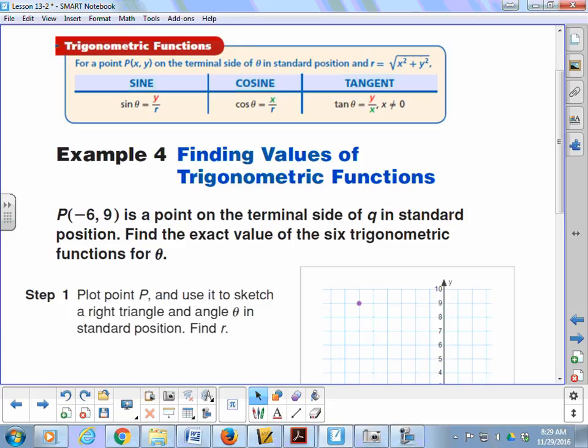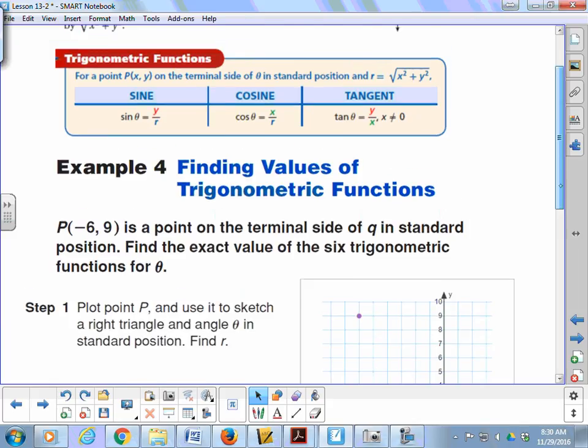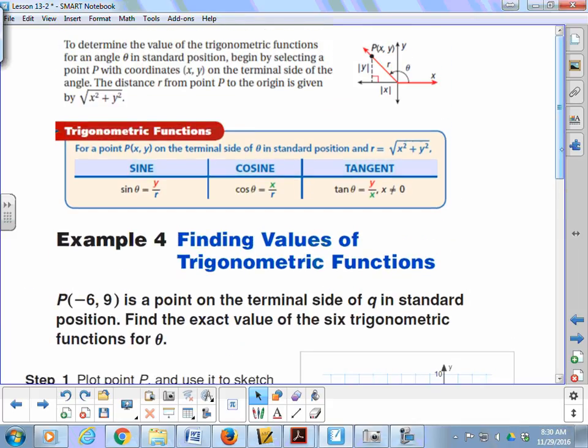Cosine is x over r, and tangent is y over x. Well, what is r? r is the square root of x squared plus y squared. So basically all of this is the Pythagorean theorem. Okay? That if I plot the point (x, y) in the coordinate plane,